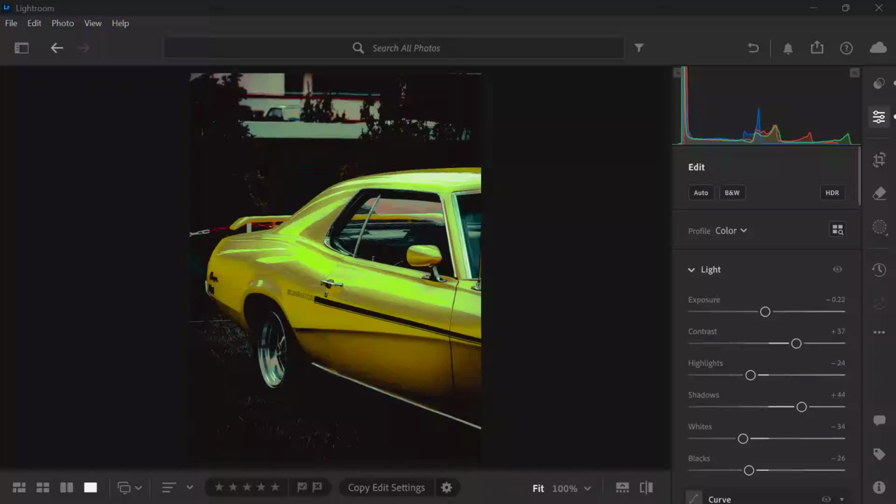If Lightroom is acting weird, slow, or you just want to start fresh, this video will show you exactly how to reset Lightroom the right way. We're going to cover two quick methods. First, how to reset edits on a single photo, and second, how to reset Lightroom preferences to fix bugs and